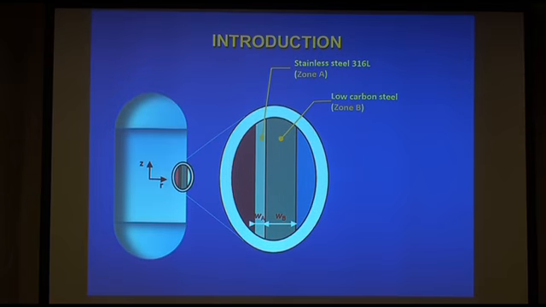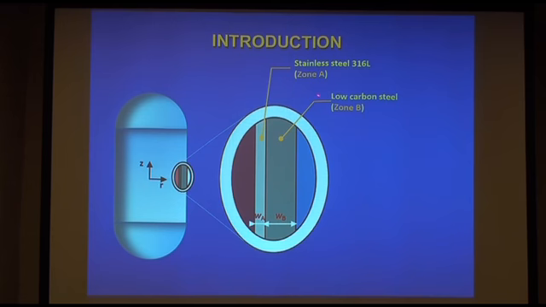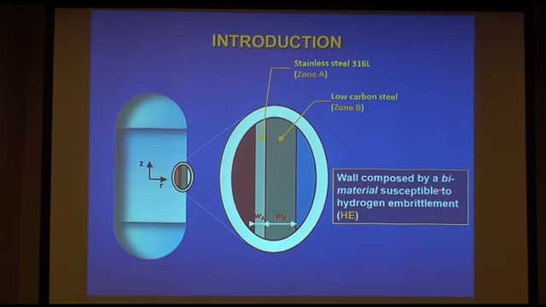We deal with a nuclear reactor pressure vessel with 2 materials, a base material, shown B, low carbon steel, and a cladding material, stainless steel 316L, shown A, smaller width and bigger width. The wall is composed by a B material susceptible to hydrogen embrittlement. In the red color, we have the inside part, hydrogenated environment, 300 degrees, and conventional environment, conventional air,